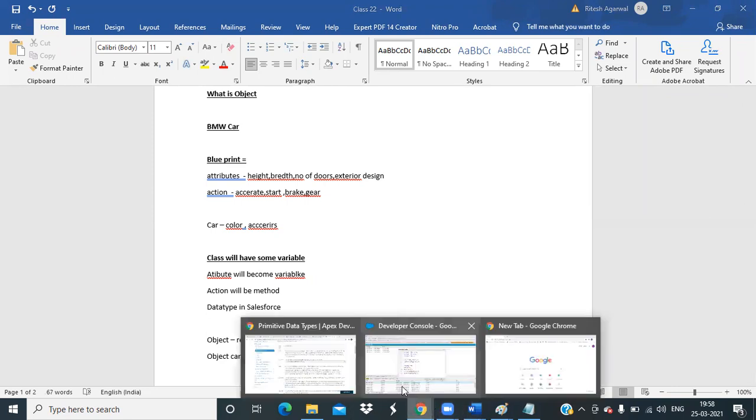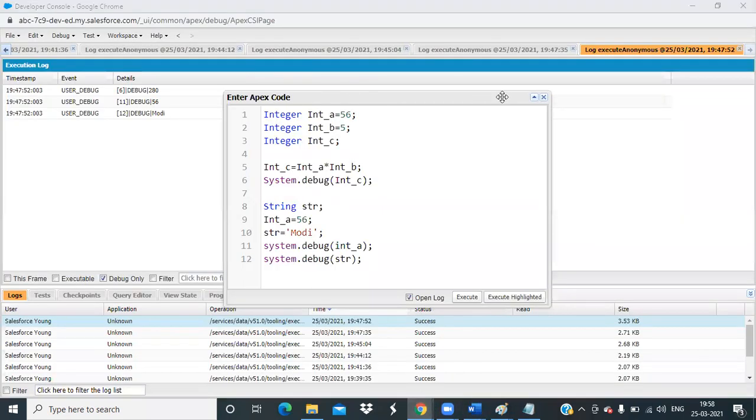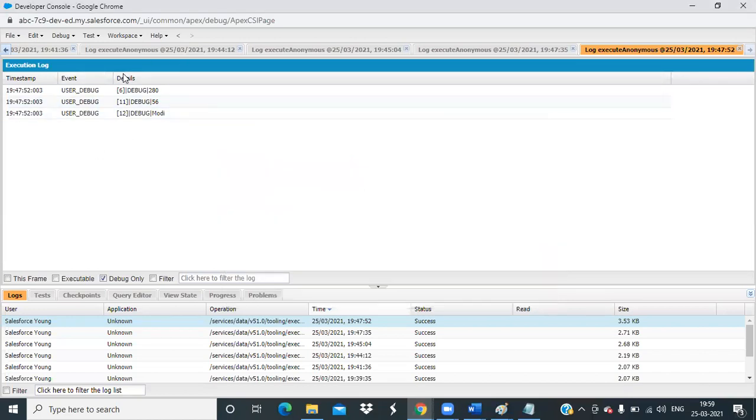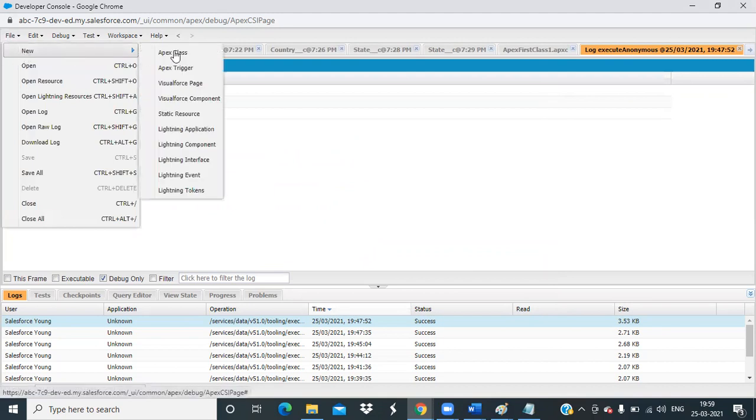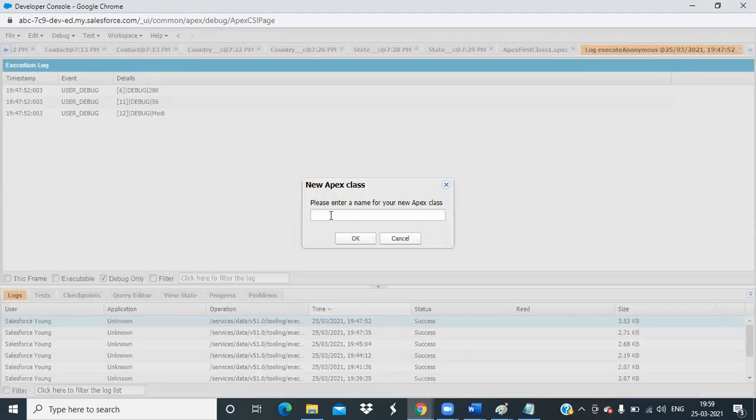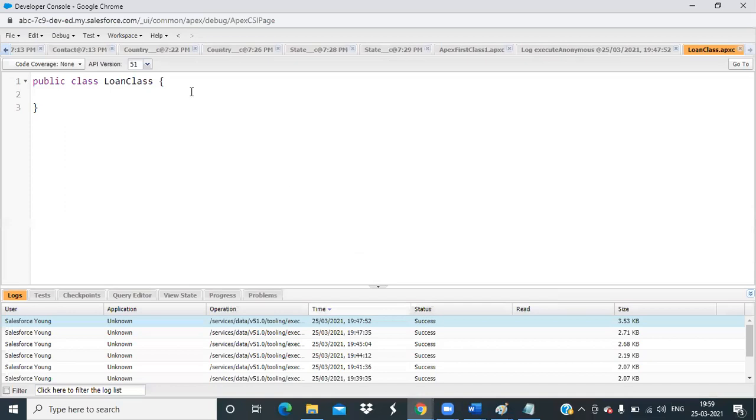So let's create a class. We already created one. Let's create a loan class. I'm creating a new class, naming it loan. What will be the attributes of the loan class?